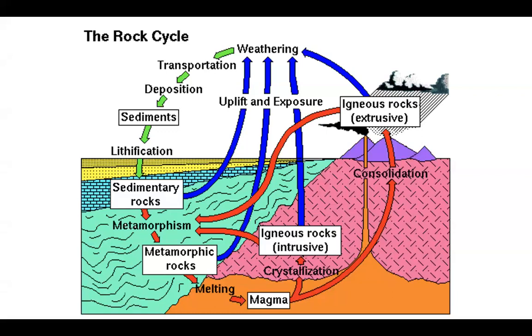So there's not really a start here because it's a cycle, but it's convenient to start in the liquid part because one of the definitions of a rock, as you'll see, is it has to be solid. So this magma comes up and cools, and that's igneous. And then if it's exposed at the surface, it can weather, and you can see weathering, transport, deposition. You'll see that next time. And as that gets buried progressively, it will get metamorphosed. If it gets buried so deep that it melts, it becomes igneous again. You can also have igneous rocks metamorphose. So these rocks, because of tectonic processes and atmospheric processes, are always turning into a different type of rock.